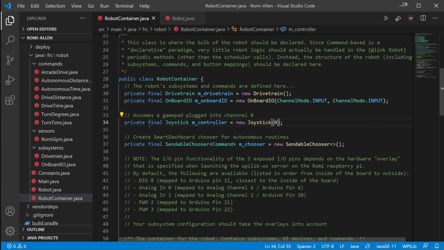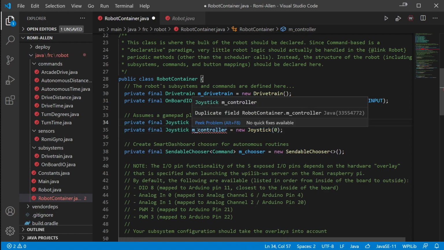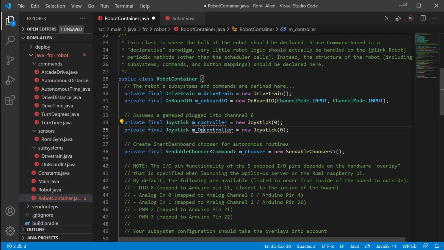So if we wanted to change that, or if we wanted to have multiple controllers like we do on the actual competition robot, we could copy this and add another joystick. So if we wanted to have an operator controller, we could have a separate one. We could make it op controller or something like that. And then we could make it joystick 1, and we'd have the second joystick that we could